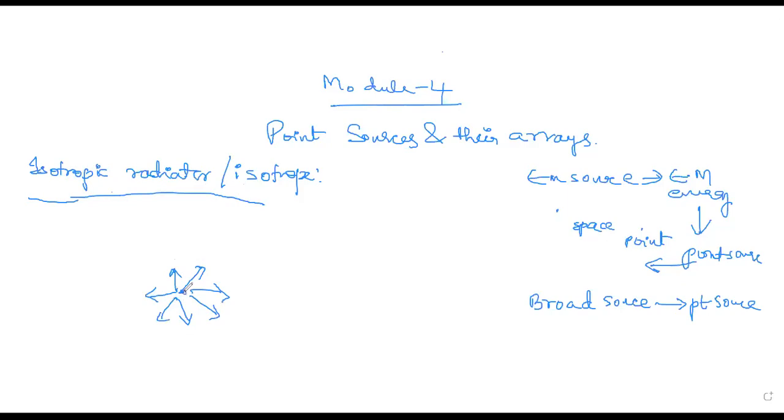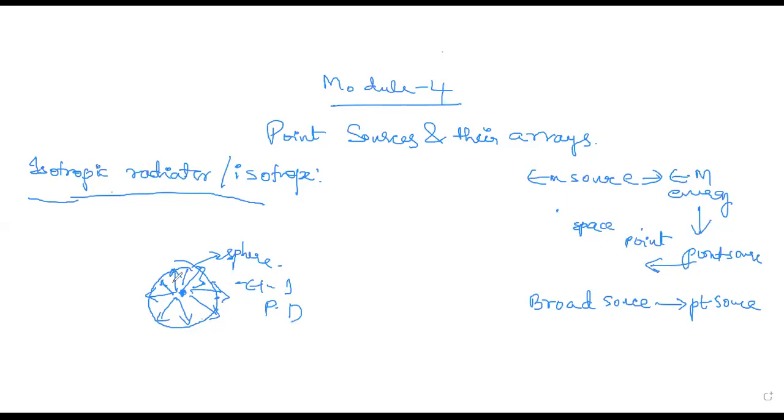Or if this is an antenna radiating energy in all directions, then you can say this is an isotropic antenna. Since it is radiating equally in all directions, you can consider the radiation pattern of an isotrope as a sphere. So the radiation pattern of an isotrope is always a sphere. If an isotrope is considered to be at the center of the sphere, whatever values you take, be it the electric field intensity or the power density, it will remain the same at all points on the surface of the sphere.